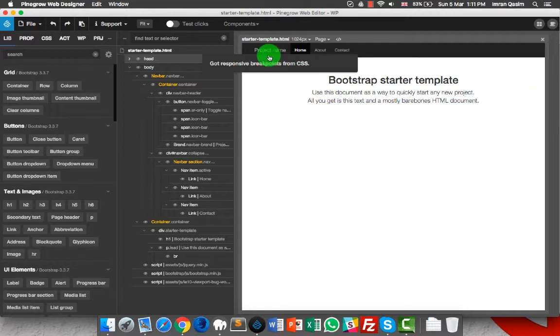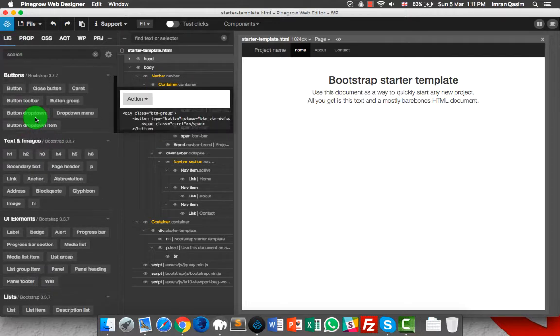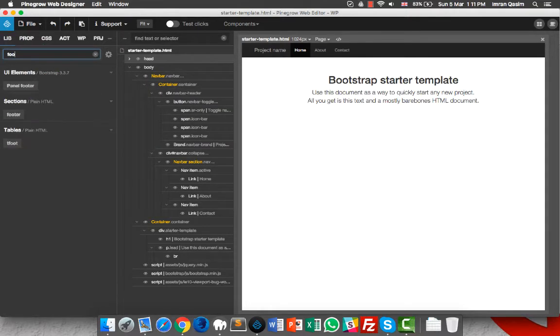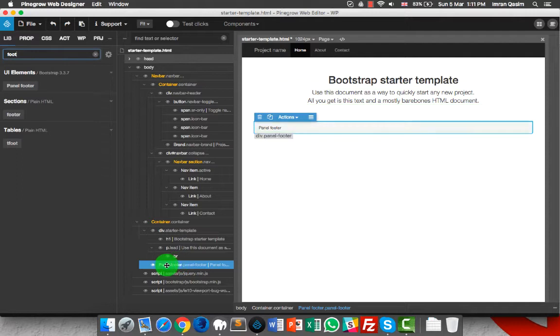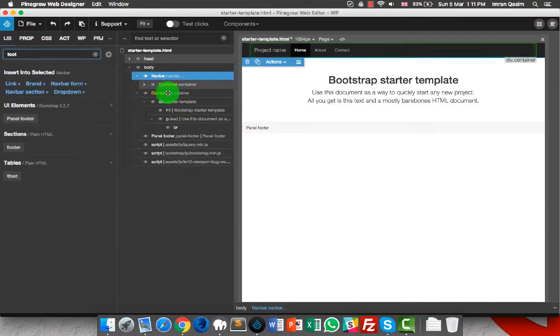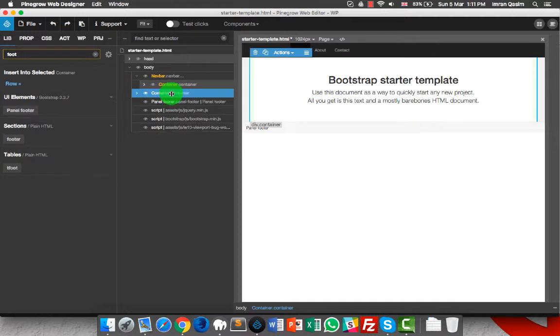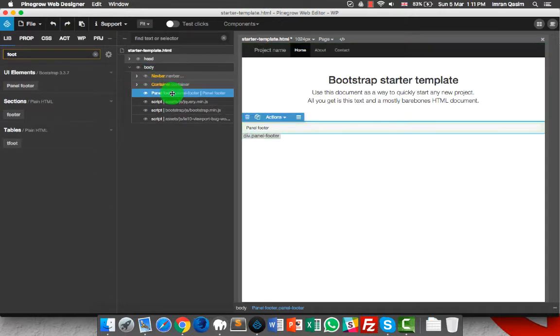And after selecting the starter template, you will have some simple menu, and I will further add some things like a footer. Just in case, I will add a footer here at the bottom, and it's added here, so I must move it outside. And then after that, we have a nav here, we have a container here. Whatever is in the container will be in the body, and above the container, whatever it is, will be in the header. Then below the container, everything like the panel footer will be in the footer.php.